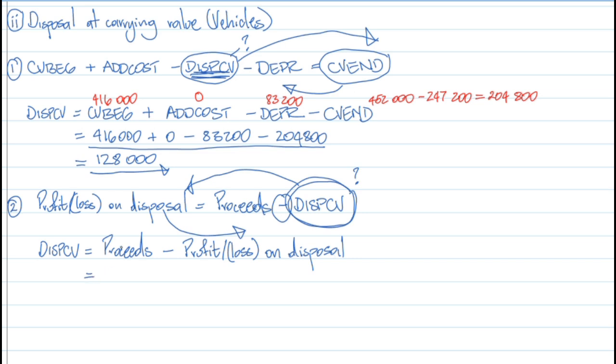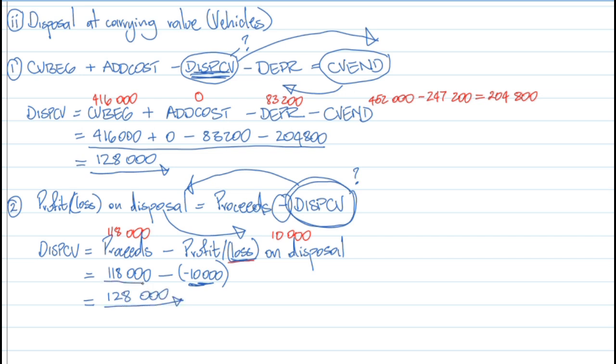Our proceeds is given as 118,000 rands. We have a loss on disposal of 10,000 rands. We can now write the equation as disposal at carrying value is equal to 118,000 rands minus, and in brackets we put in minus 10,000 rands. The reason why we put negative 10,000 rands in brackets is because we have a loss on disposal, so we have to show that amount as a negative. This gives us an answer of